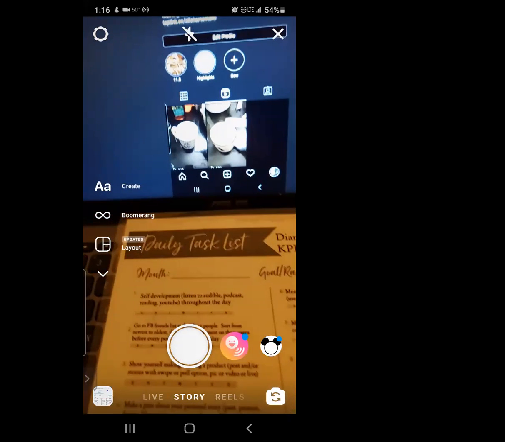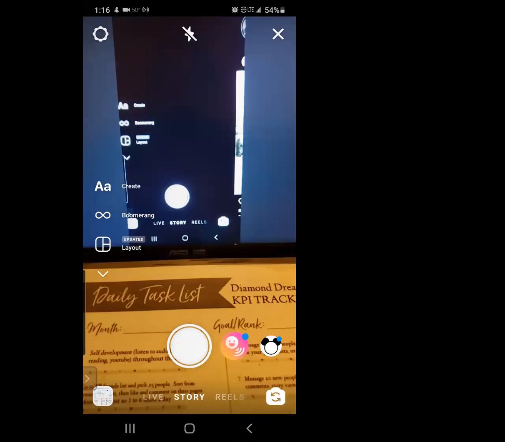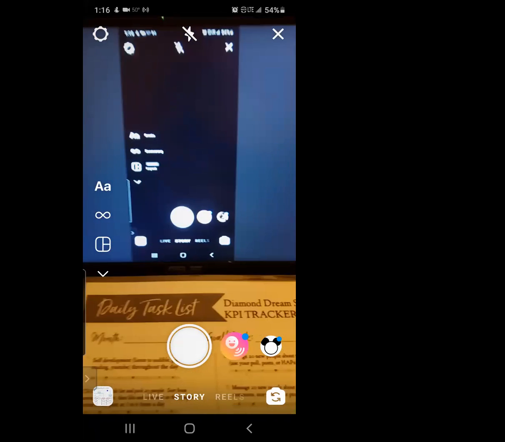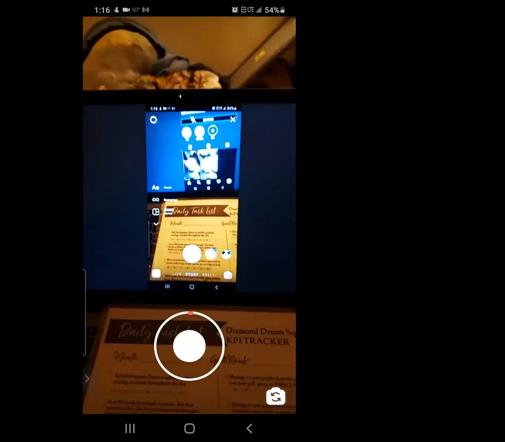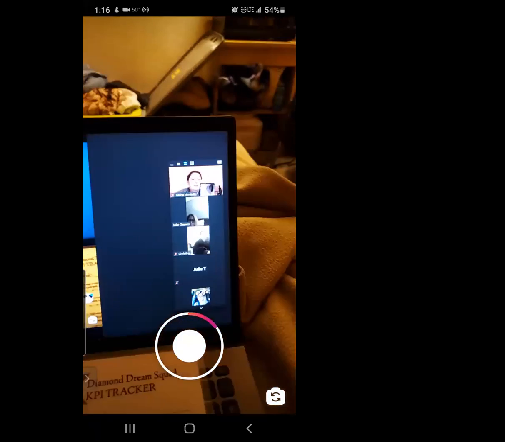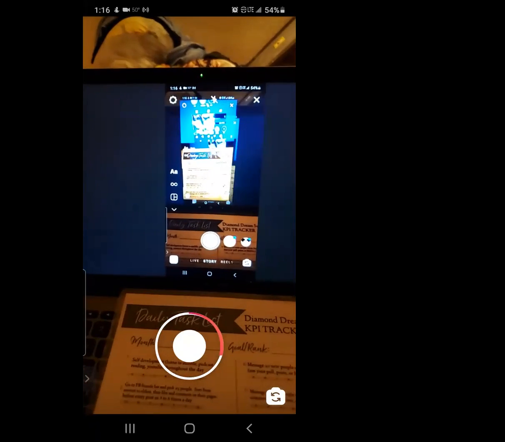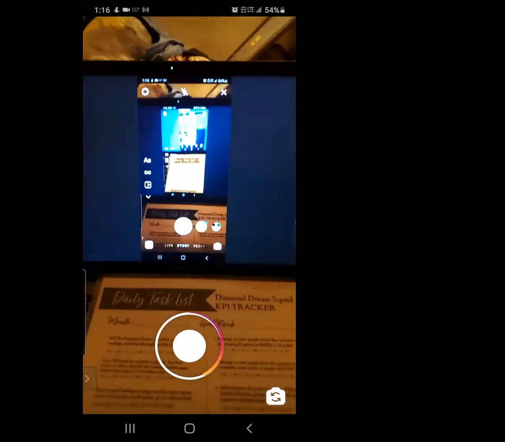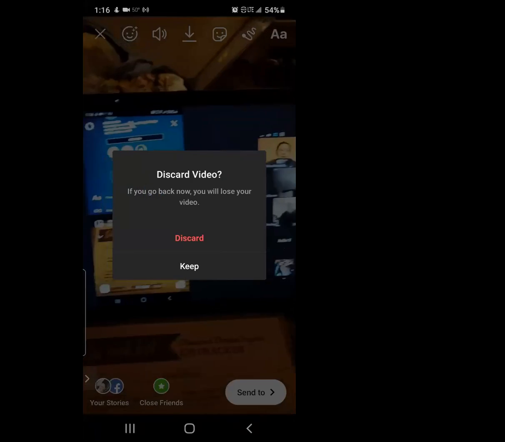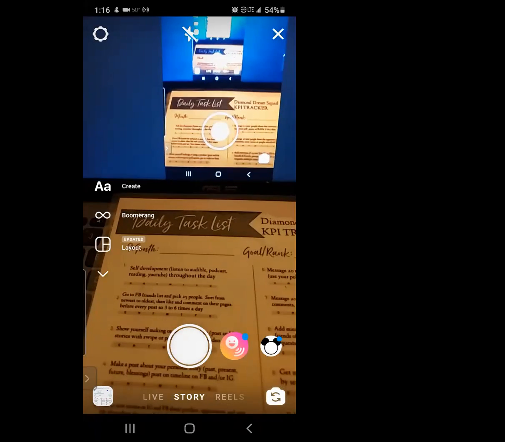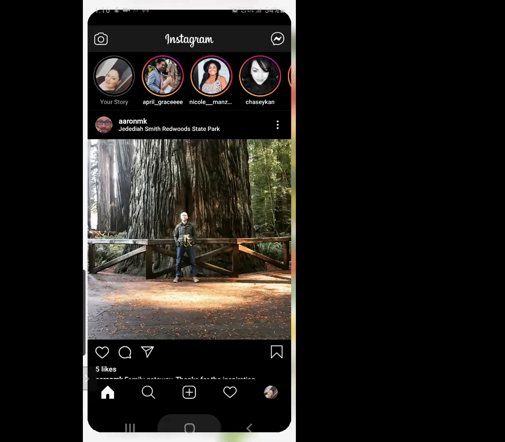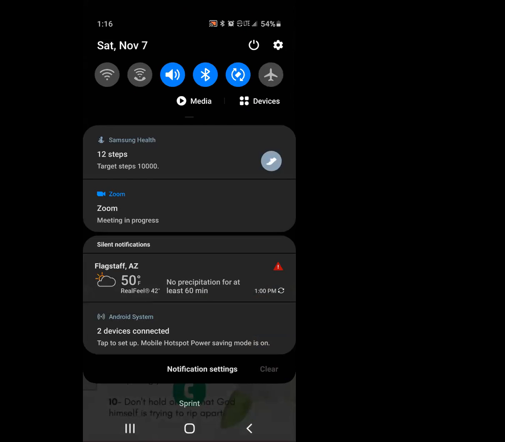Okay, so here's this, something so simple, like I can just create a story right now, and I just post that. It's not difficult, you know, it's just a matter of just thinking while you're doing it.